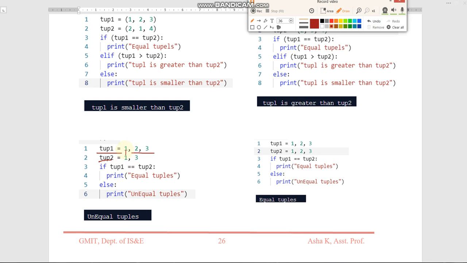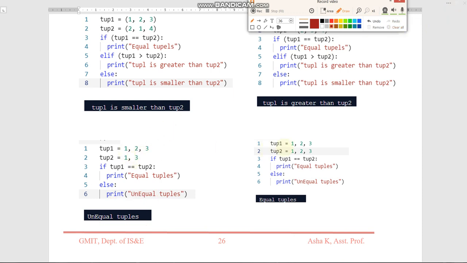If there is a tie, that means the first element of tuple 1 is equal to the first element of tuple 2, then only the comparison will continue to the next elements. So the next two elements are compared, 2 and 3. Since 2 is not equal to 3, the print statement belonging to the else block is printed, unequal tuples. The comparison will not go to the next element.